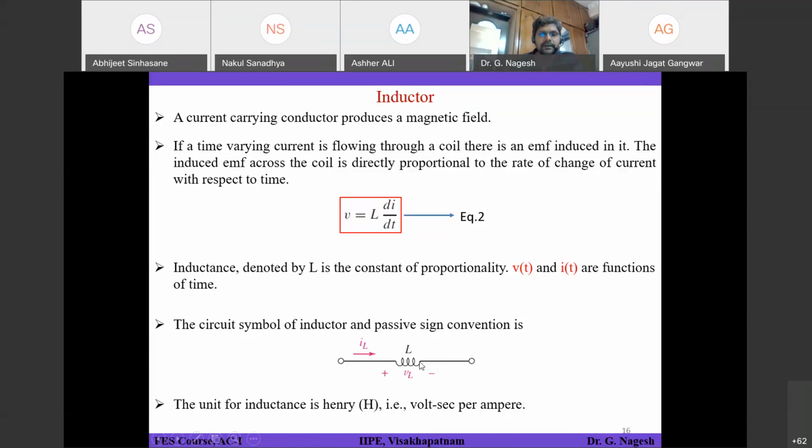When both are negative, it is also charging. But when one is positive and the other is negative, it is called discharging. So in an AC circuit, the charging and discharging happen alternately. Sometimes it is charging, next time it is discharging, again charging, and it keeps on going.